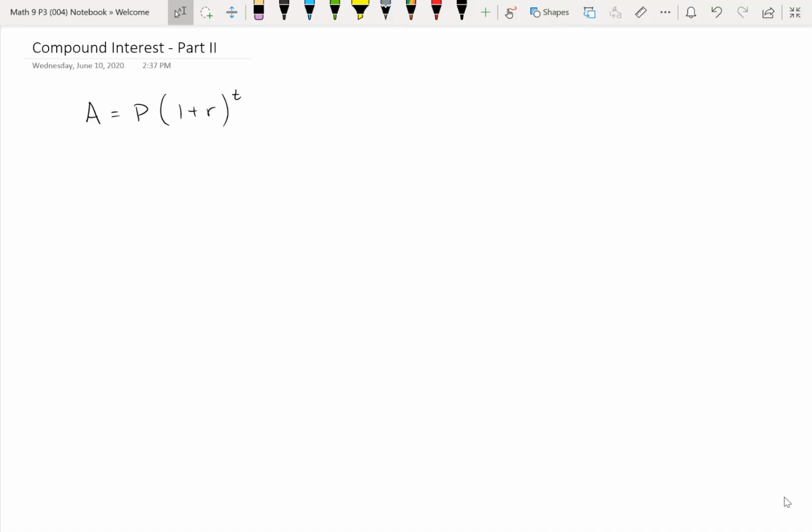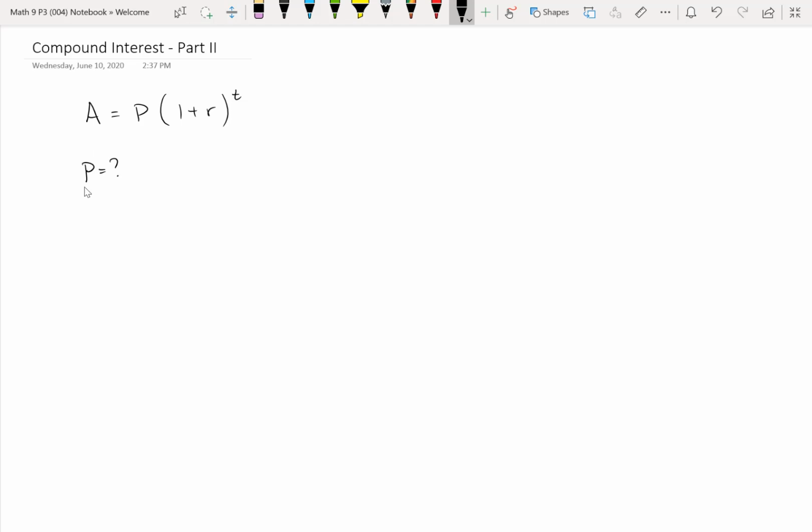So just as with simple interest, sometimes we want to determine the other variables in the formula, not just the accumulated amount in the case of compound interest. So how, for instance, would we go about trying to find the principal if we knew all the other parts of the formula? So if we're looking for the principal,